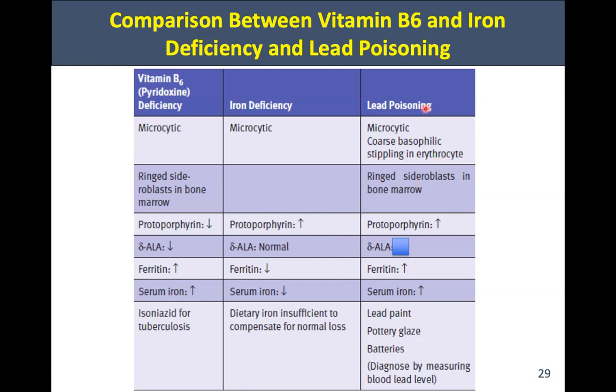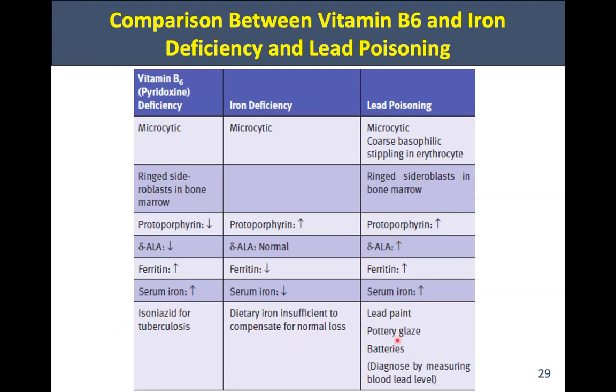Now let's look at lead poisoning. Try to think for a second, lead poisoning, how is that going to affect the delta ALA levels? Think about the enzymes that it inhibits for a second. And the answer is that it's going to increase delta ALA because lead poisoning is going to inhibit the enzyme ALA dehydratase. If you're inhibiting the metabolism of ALA, ALA is going to accumulate, and therefore you get elevated levels